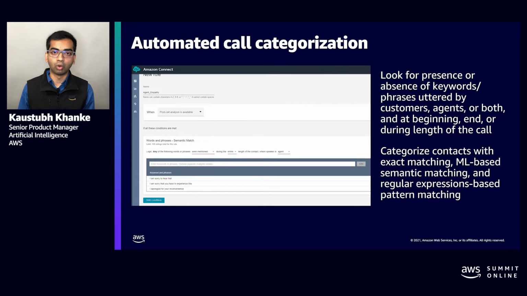Separately, Contact Lens can also categorize calls using pattern matching. This pattern matching is based on regular expressions. For example, a business may want to separately organize calls that are related to the word credit and the word credit card. They can define a pattern to categorize calls by stipulating that the word card should not occur within one word of credit. This will clearly separate any mentions of credit card from mentions of the word credit alone.